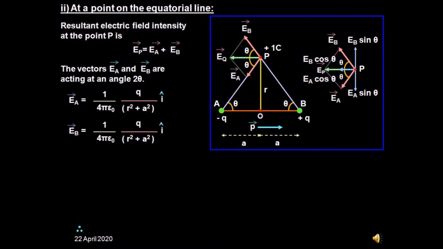How to find the direction of EB? This we can solve by assuming a unit positive charge at point P. Now this unit positive charge at point P, will it be attracted or repelled from plus q? Since both the charges are like charges, plus repels plus, so this 1 coulomb will get repelled. That's why the EB direction is away from plus q charge along the same line. So you can notice the direction of EA and EB, and we have written the magnitudes of EA and EB in the formulas on the left side.